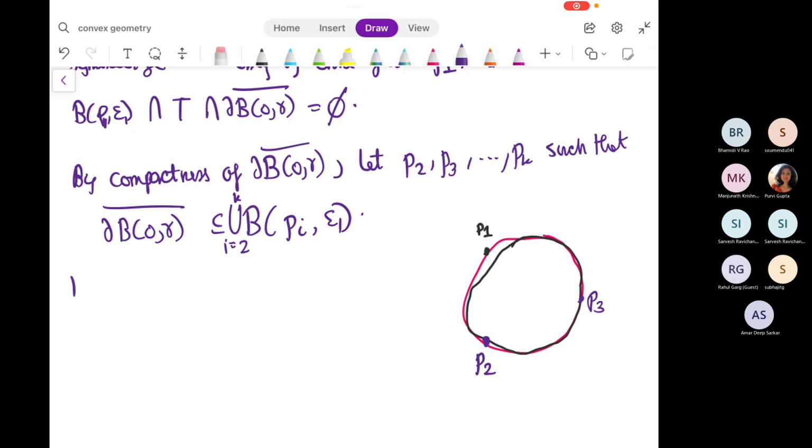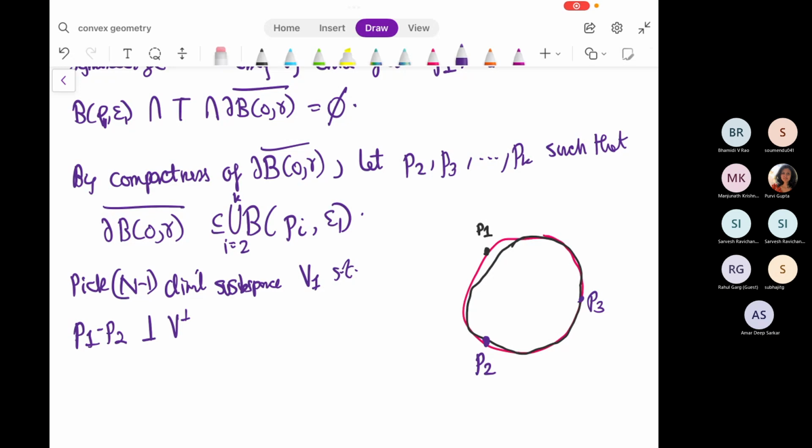So what you do is you pick an n-1 dimensional subspace, say V1, such that the vector P1 minus P2 is orthogonal to V1. That is to say, you join the line P1 and P2 in this case and take the perpendicular n-1 dimensional subspace to it, and that will be V1. Now if you symmetrize about V1, the previous lemma tells you that